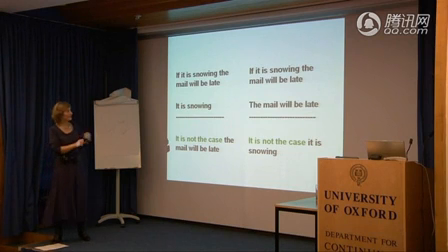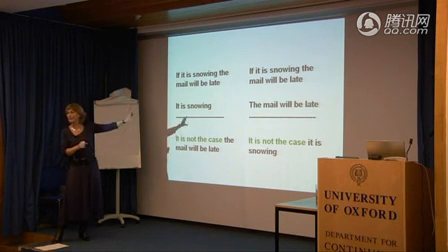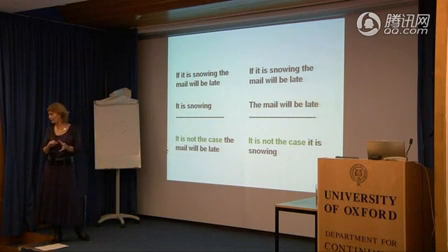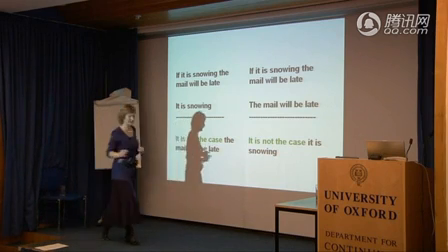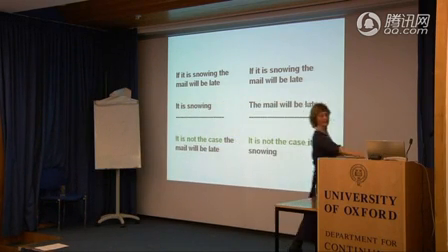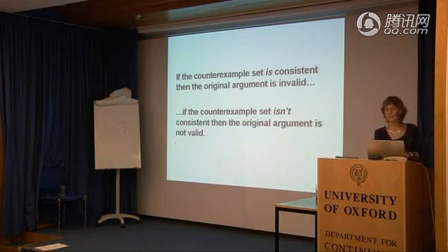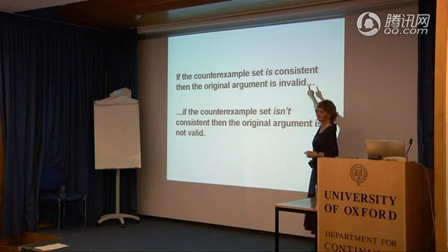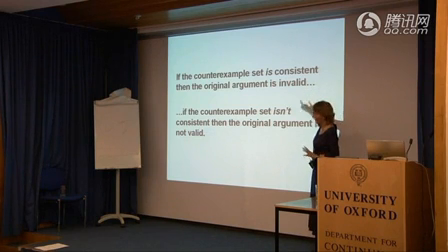Second thing is, if you understand why you can test the validity of an argument by appeal to a counterexample set. In other words, if the counterexample set is consistent, then the original argument is invalid. And if the counterexample set isn't consistent,